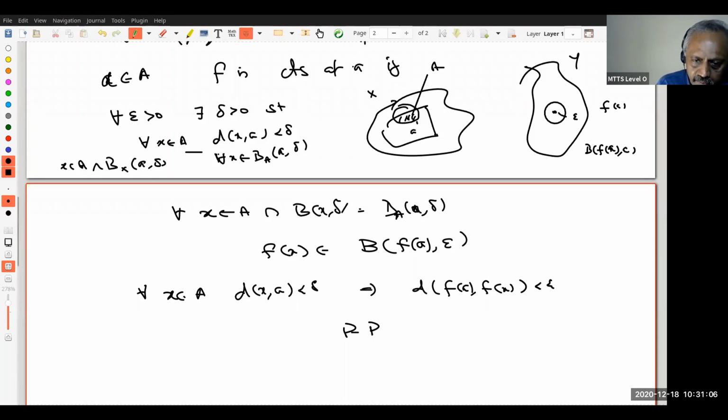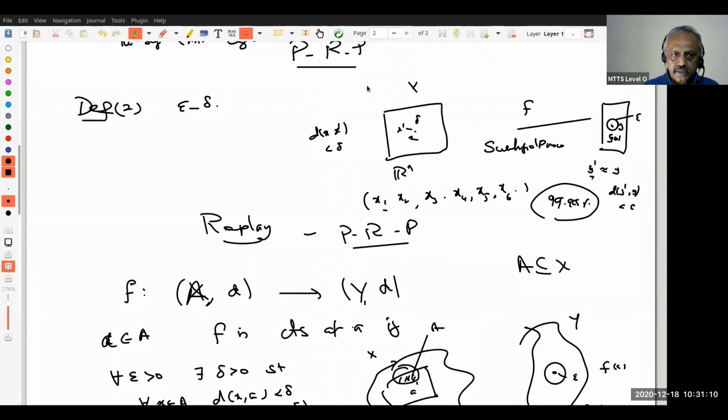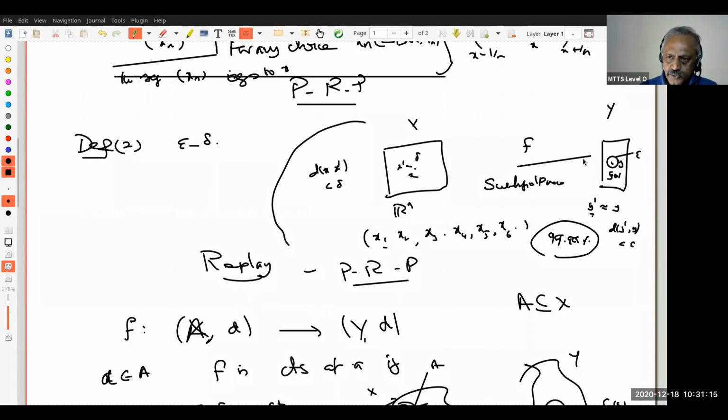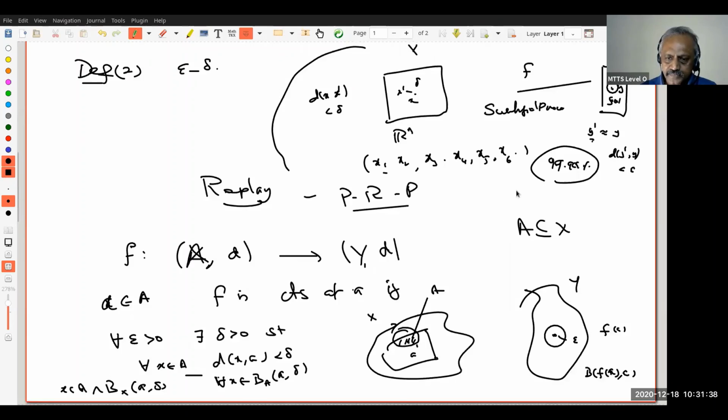Okay, pause, review, proceed. This is what we just observed in this example here. The scientific process should produce f(a), but I may not be sure about that, so I allow epsilon error. So anything which is close to f(a), I will accept within epsilon distance. Then what do I know? I have to control the input. The input should be within delta distance to a. Then whatever I produce with that ingredient, I will get some output which will be very close to f(a).